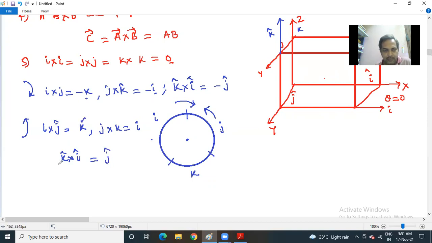Here, z-axis will be the resultant. K is the corresponding unit vector. Here, x-axis will be the resultant. I is the corresponding vector. So resultant acts along x-axis. Here, resultant acts along y-axis. J is the corresponding unit vector. So this is the representation of unit vectors in case of cross product between two vectors.